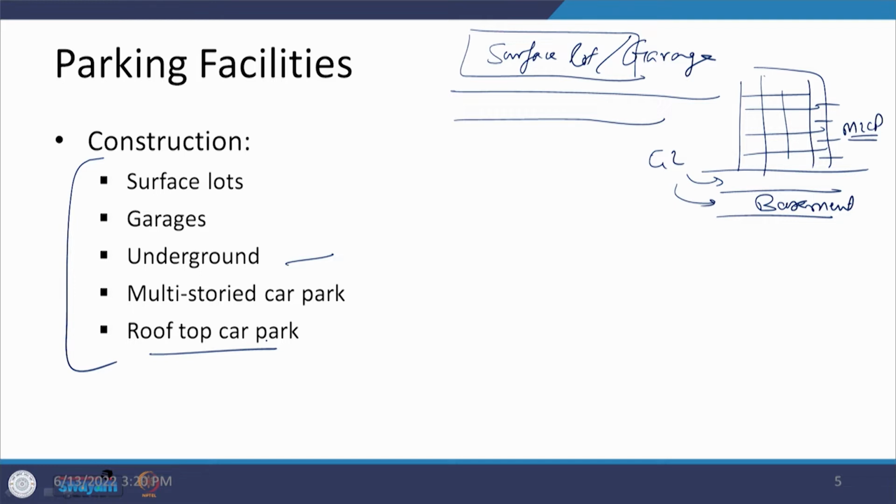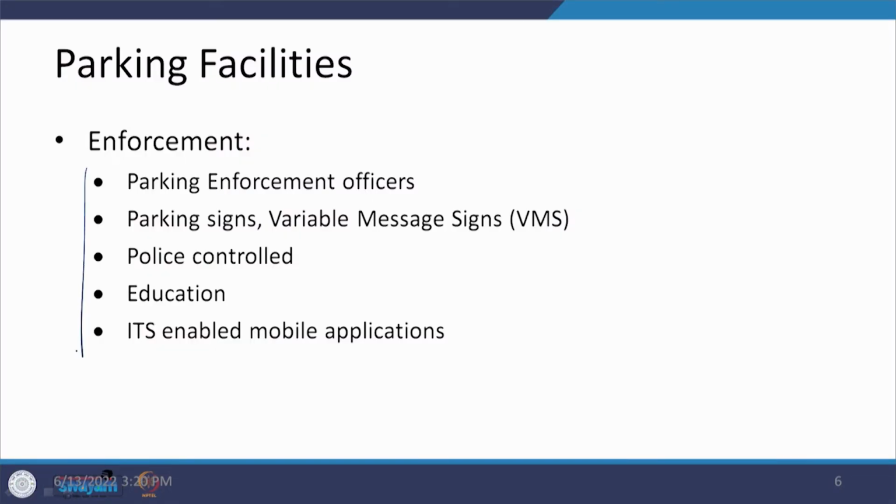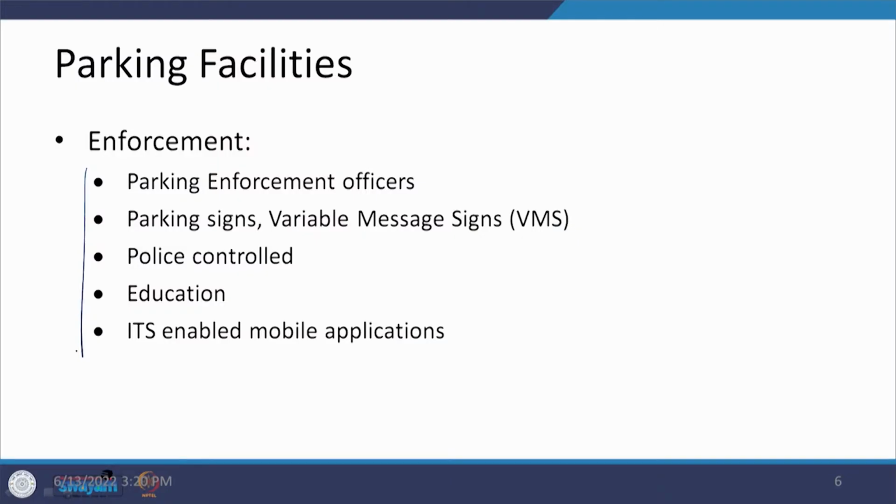Therefore, all of those buildings in that area have been designed in such a manner that the vehicles can be taken to the top and parked there, because at ground level there is no space available. Enforcement is an issue which has to be there in each and every case, whether you are talking about traffic movements or any other planning conditions. Here also the same thing is there. We should have enforcement officers in different localities who will try to see that the provisions made in that area for the parking of vehicles have been followed by the parkers.